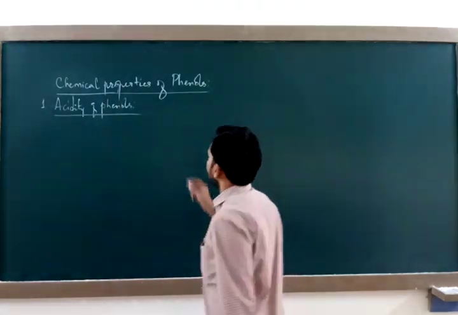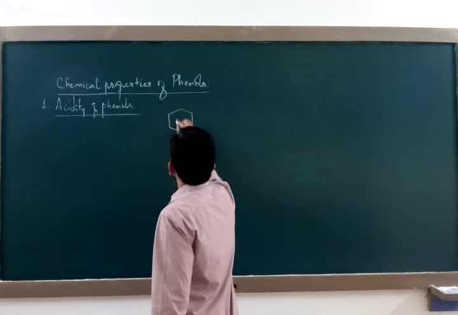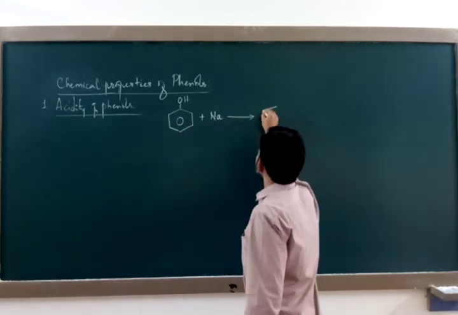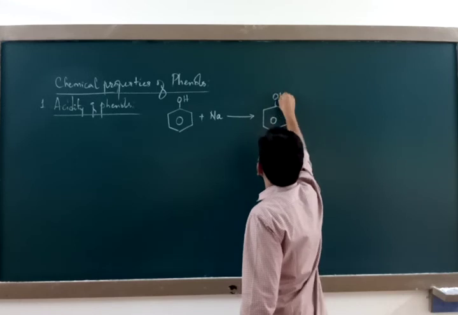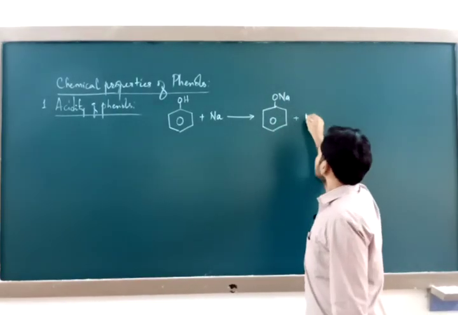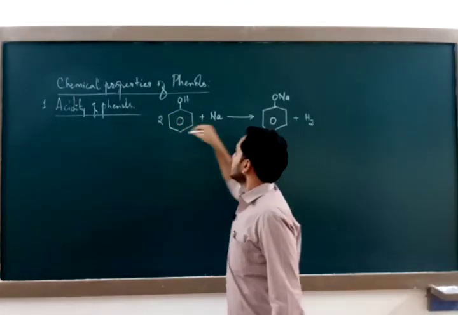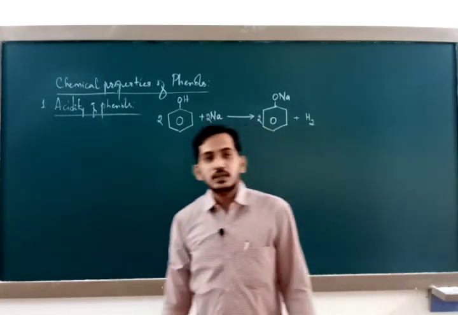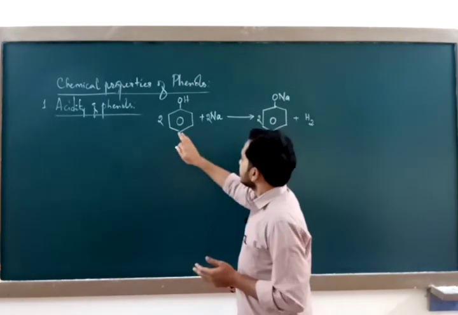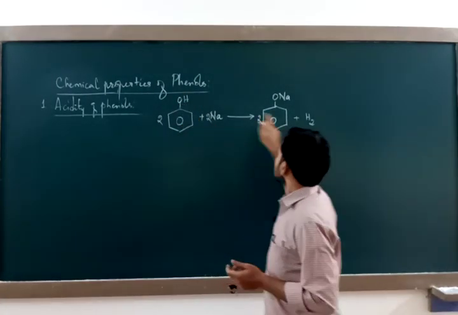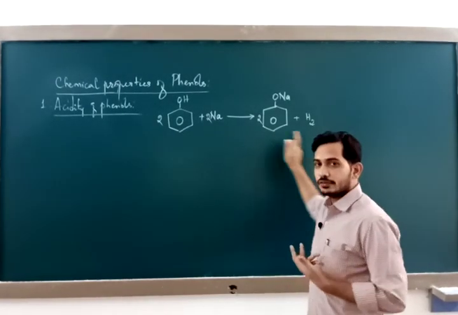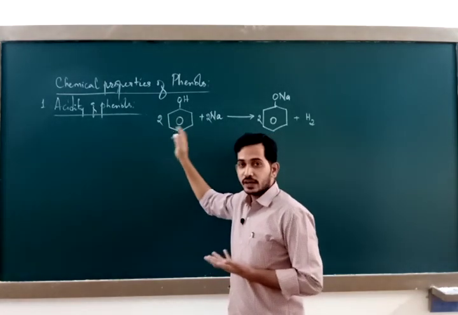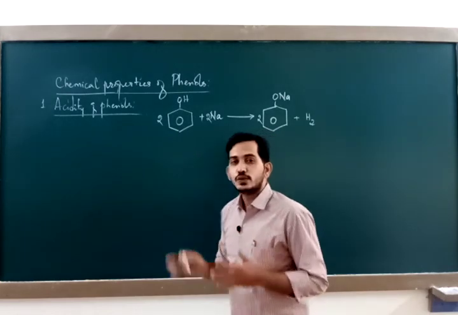This can be seen by a reaction wherein phenol is reacting with an alkali metal like sodium metal, and this gives you sodium phenate or sodium phenoxide with liberation of hydrogen gas. For this to happen, you need to take 2 molecules of phenol. Now in this reaction, whenever phenol reacts with sodium metal, this hydrogen will be lost as a proton. Since 2 molecules are involved, a molecule of hydrogen gas is lost. This reaction of a compound like phenol reacting with an alkali metal, that is a basic metal, shows that it is acidic